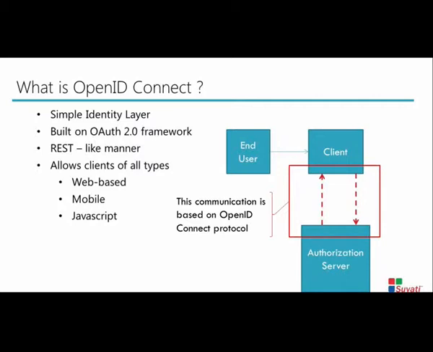Now, I have given a simple diagram on the right-hand side of the slide, which gives a very generic, high-level picture of what OpenID Connect is basically doing and where OpenID Connect communication happens. So here, an end user is trying to get into a client application, right?